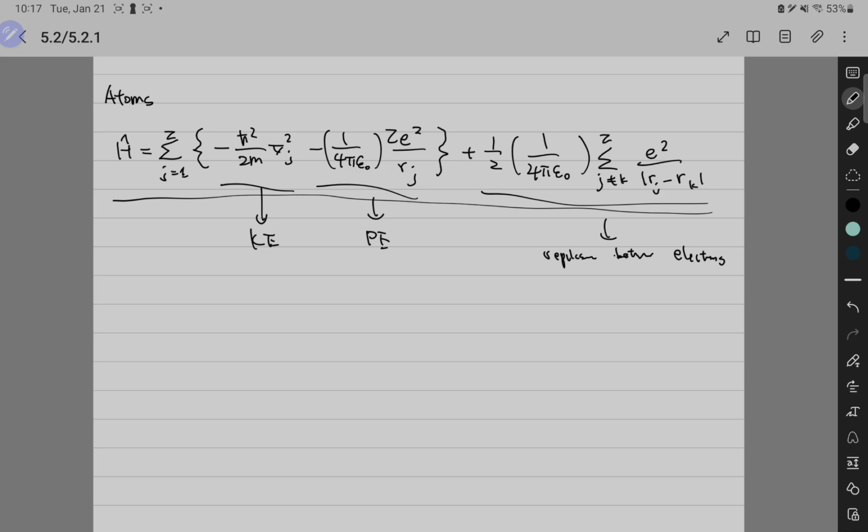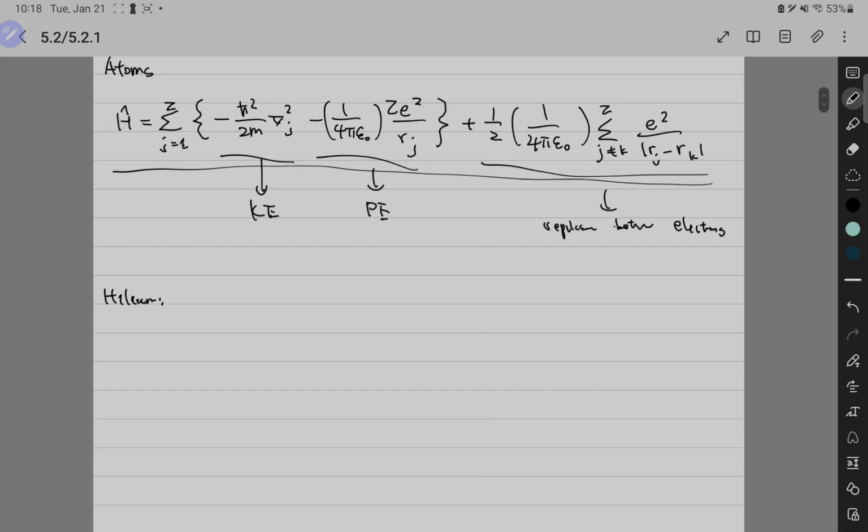So now we have the Hamiltonian for an atom. Then, if we want to write down a Hamiltonian for helium, what would you do? First of all, what do you have in helium? You have the nucleus and you have the two electrons. Compared to hydrogen, which has one electron, you have two electrons in the total system. Then you will need to consider the kinetic energy for both electrons and the potential energy for both electrons. And now we have to introduce this mutual repulsion between these two electrons. So for helium, the Hamiltonian is going to be